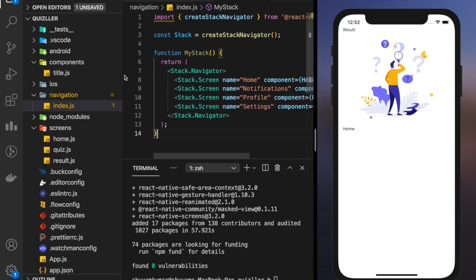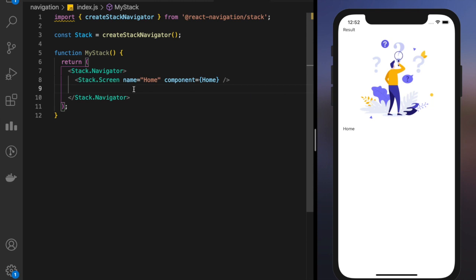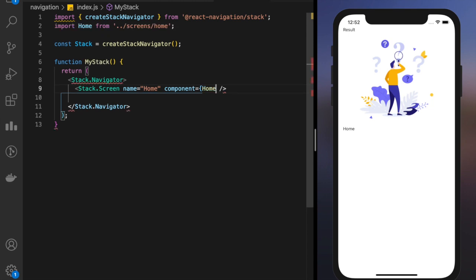We import, so okay, we'll close this. We import stack navigator from React Native stack. We call the stack navigator and we implement all the screens. But since we have only 3 screens, the first screen that you give will be your screen by default. Okay, let's import this home screen. I don't know why it is taking time. Let's just wait for it. Okay, so my home screen is imported. Make sure it has been imported, otherwise it will give error.